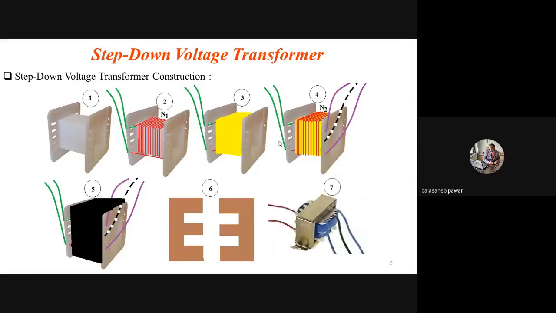Power of primary. Remember, if you have a notebook and pen, you can note it. Power of primary, which we will indicate as P1, is equal to the power of secondary. That is P1 equals P2, or you can write PP equals PS. See what power of primary equals power of secondary indicates.